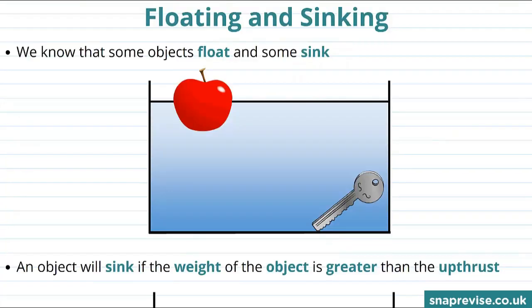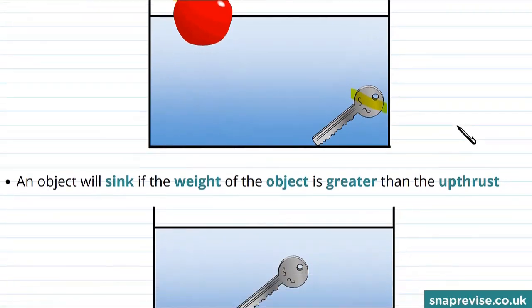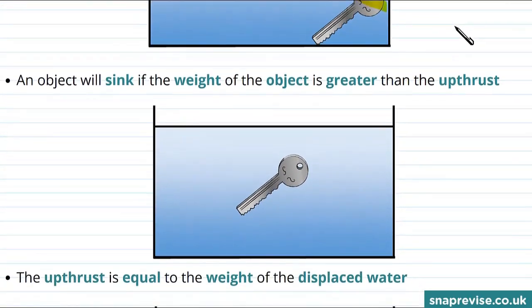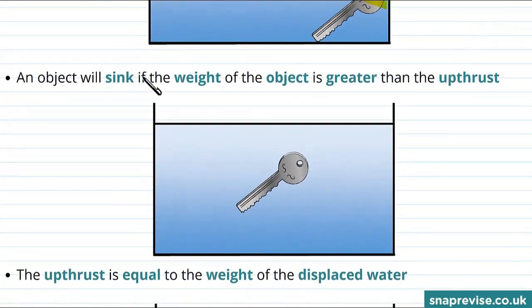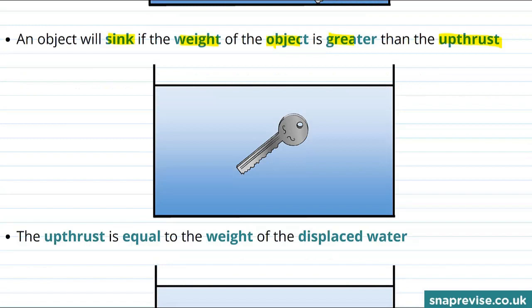Now that we have covered the concept of upthrust, we can talk about floating and sinking. And we know that some objects float and some sink. And whether an object floats or whether it sinks depends on the balance between the upthrust it feels and the weight that's pulling it down. An object is going to sink if the weight of the object is greater than the upthrust it feels. So for example, a key will sink because it turns out that its weight is greater than the